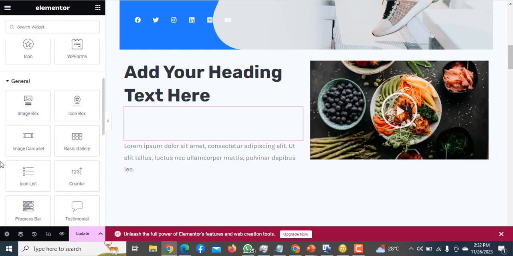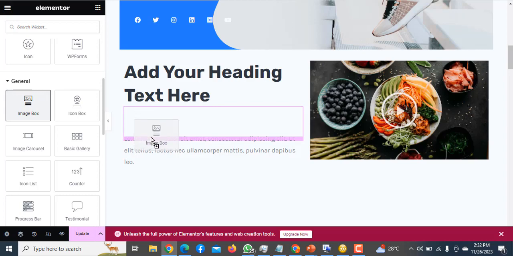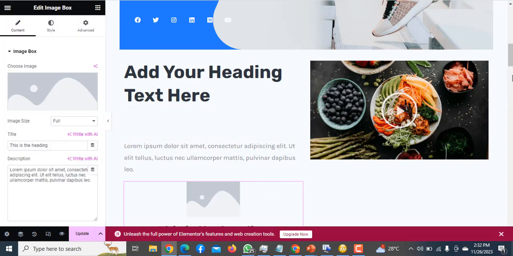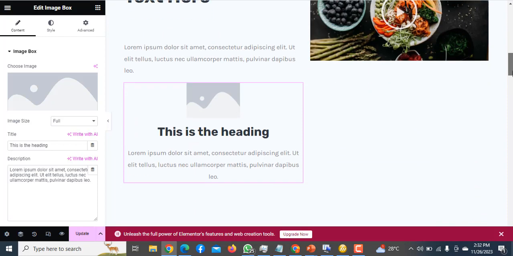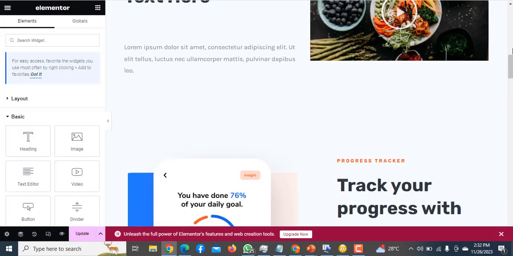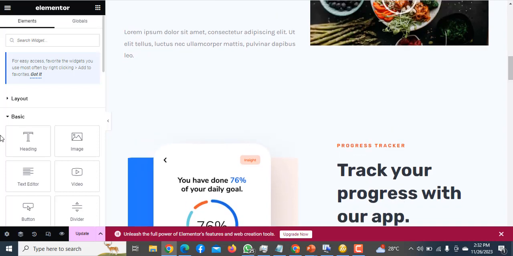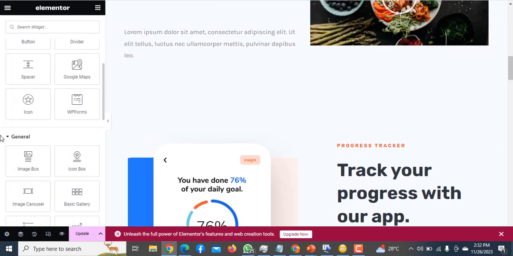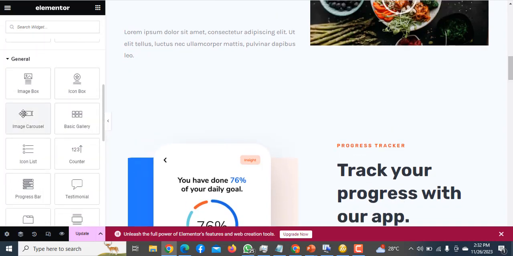We have image box, almost the same work as icon box. I just show you now, but I will not do anything. Almost the same function as icon box. You can see they are related. So I'm removing it. The next, so I'm just going quickly over them. Let's choose